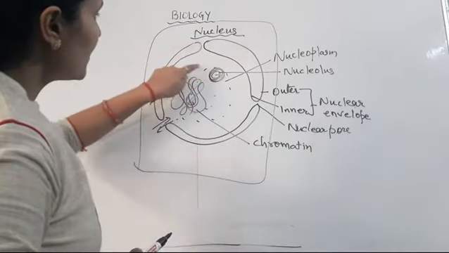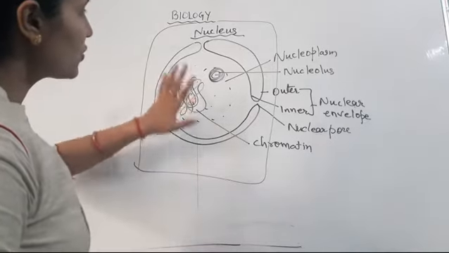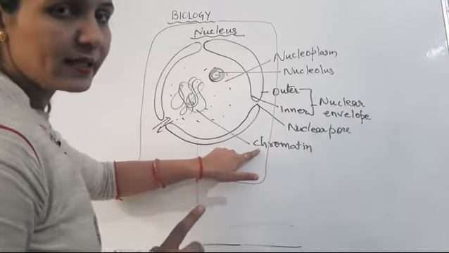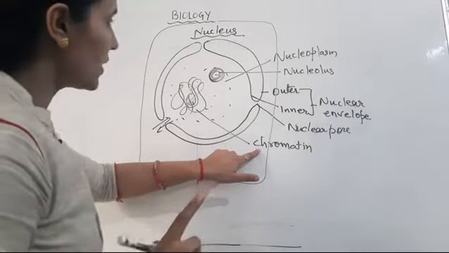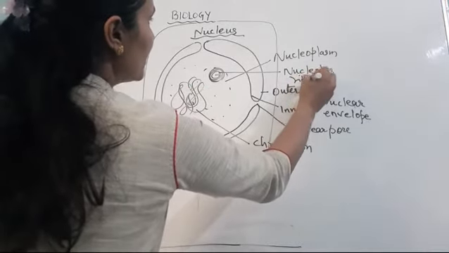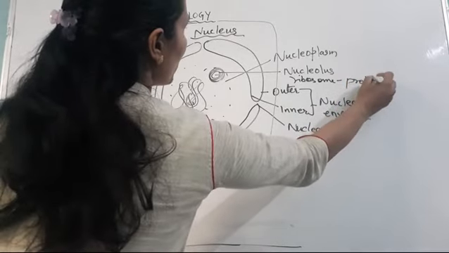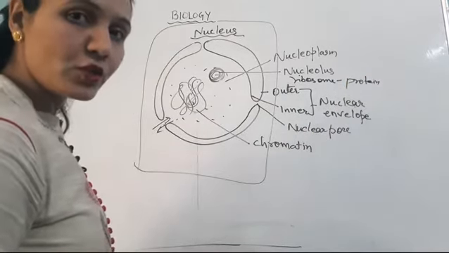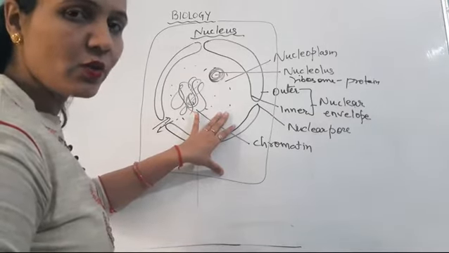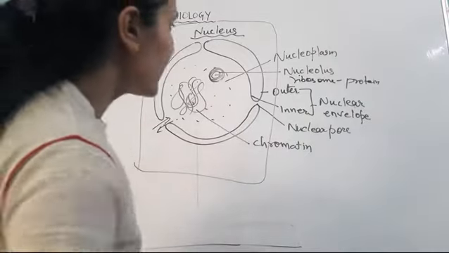Next, the nucleoplasm is the ground substance present in the nucleus. It has two structures in it. One is chromatin material, which is a fine thread-like structure that contains DNA as well as protein. The next one is the nucleolus, which acts as a ribosome factory and synthesizes protein. So what is the basic function of the nucleus? The nucleus controls all the activity of the cell, or you can say all the metabolic activity of the cell.